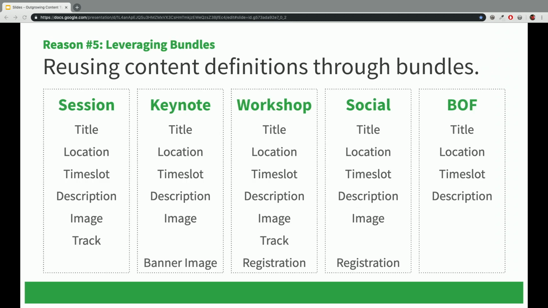Reason number 5, reusing content fields through definitions. This is relevant to here today. I've made a conference website. So in the case of a conference website, we have a series of events, maybe a session, a keynote, a